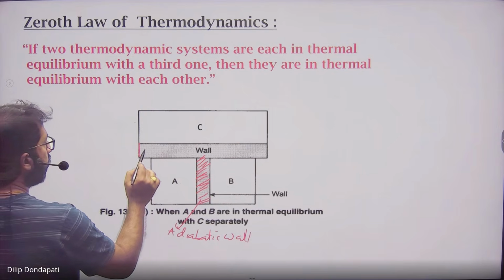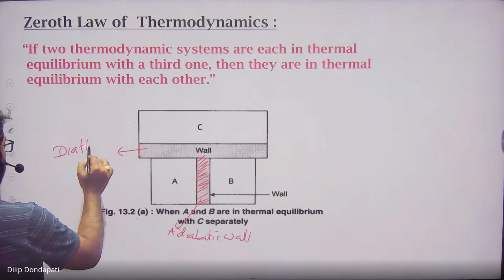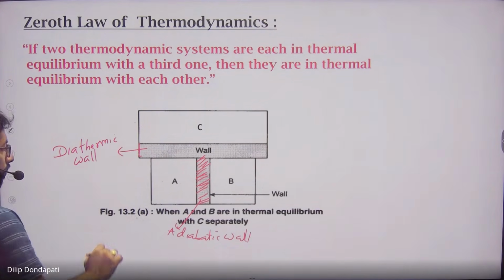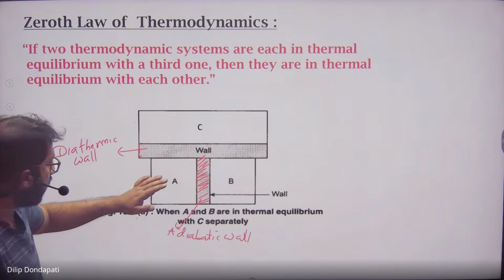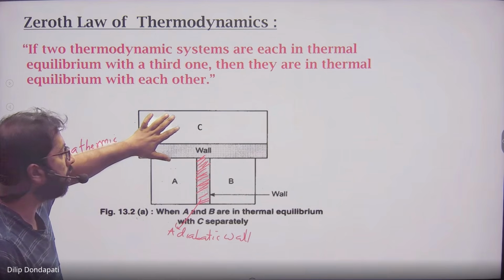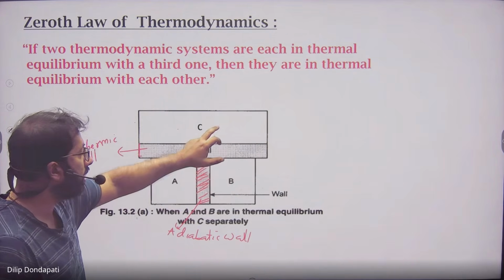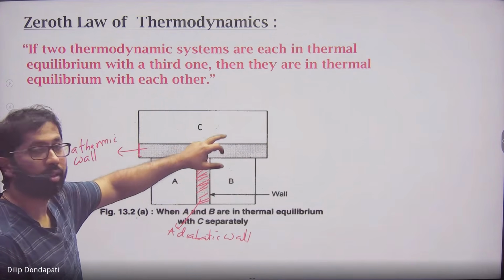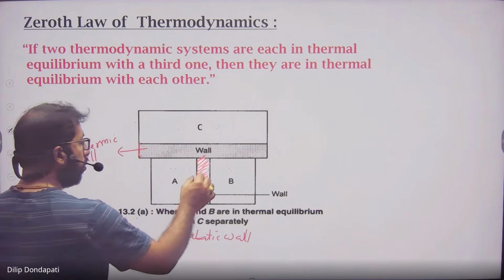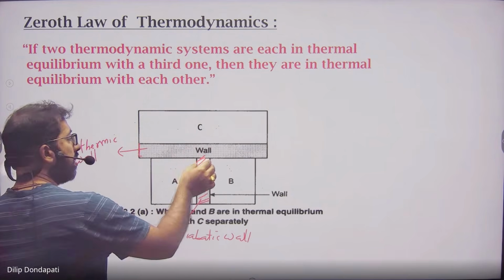Okay, and this wall is nothing but the diathermic wall. Diathermic means conducting wall. Okay, now see, individually, if you see A and C, after a certain time they become thermal equilibrium, right? Similarly, B and C, after a certain time they become thermal equilibrium. Okay, after a certain time, if I remove this adiabatic wall and I place a diathermic wall,